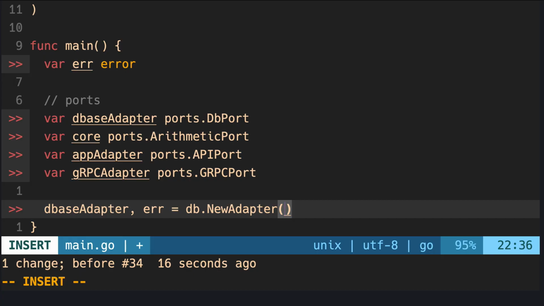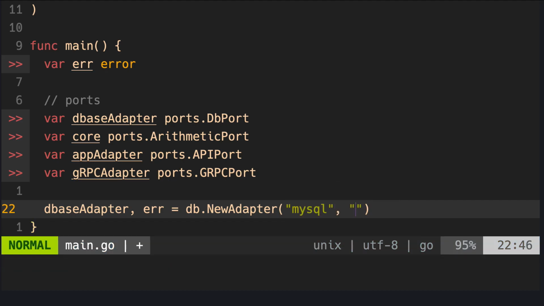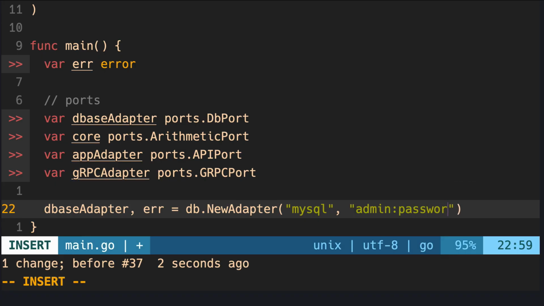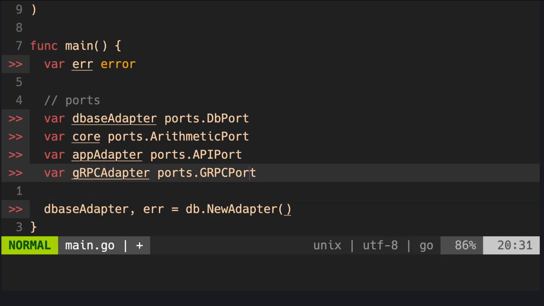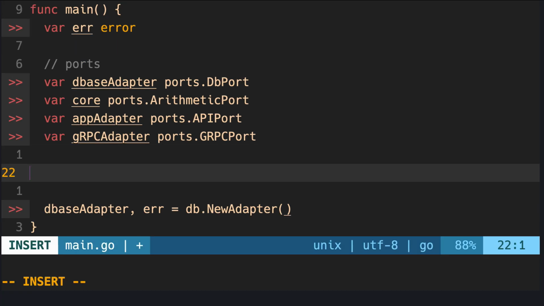If we were to hard code this, we would just put in a string, MySQL, and then we'd put in a connection string here, like admin and then password, and so on and so forth. But we're not going to hard code this because we want to be able to swap out our database drivers without needing to make changes to the code. So the arguments that we pass to our new adapter are going to come